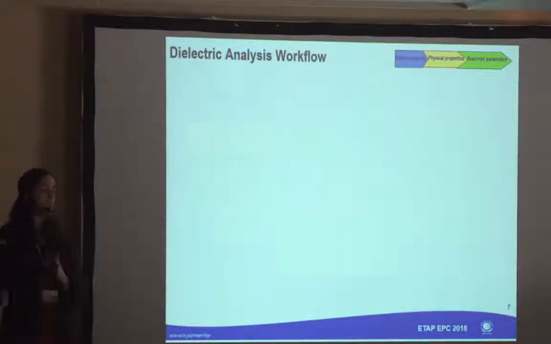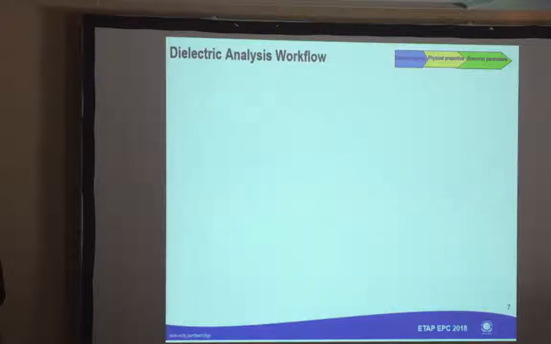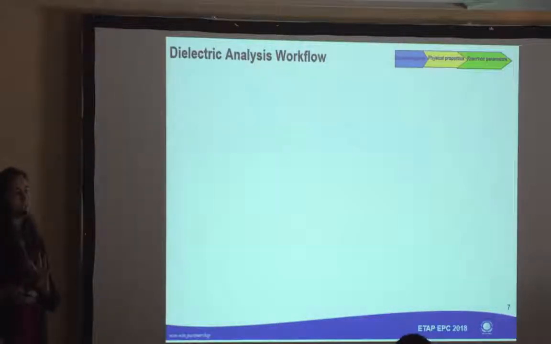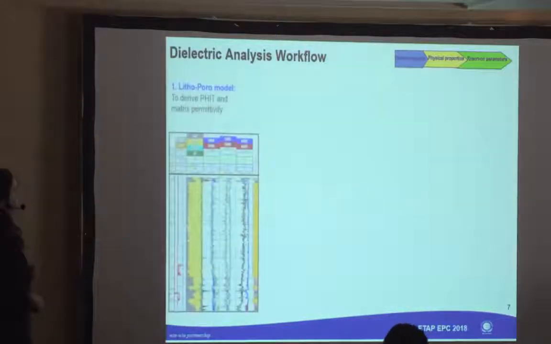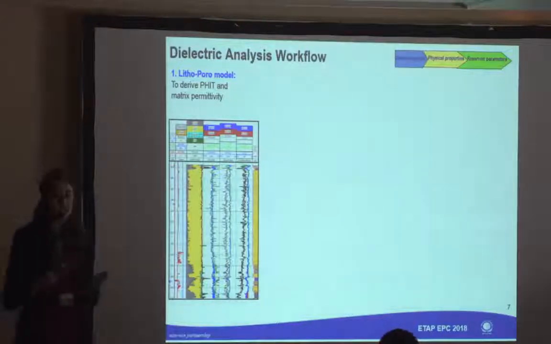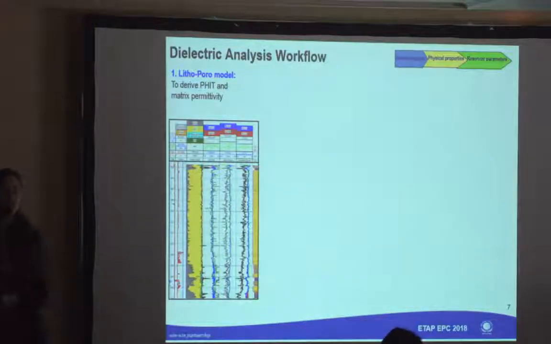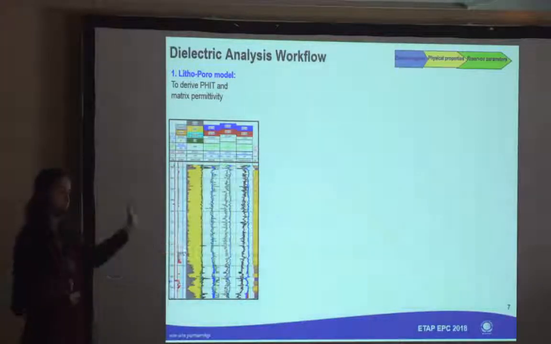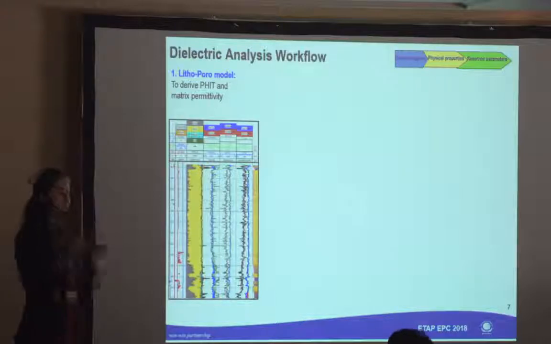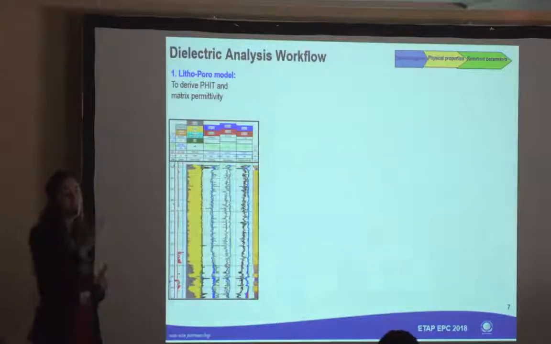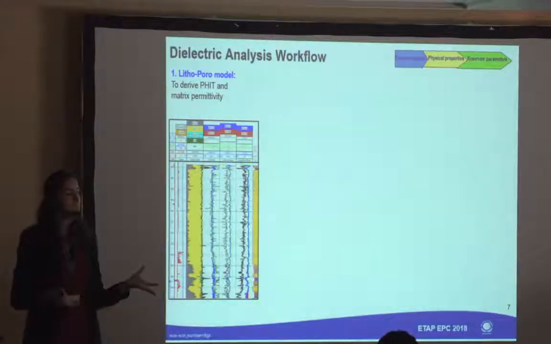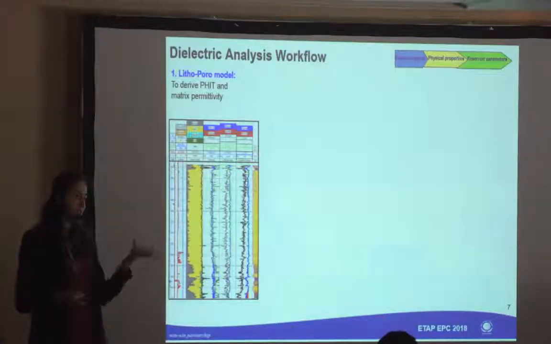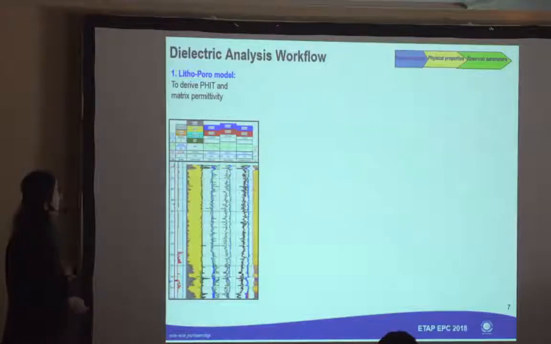For the analysis of the dielectric data, we have 4 main steps. We start by estimating the total porosity and the matrix permittivity, so the mineralogy of the formation. That will be inputs for the next steps of the workflow. This is done with external data, so we have to integrate other logs, density, neutron porosity measurements, and mineralogy or gamma ray to estimate the mineralogy